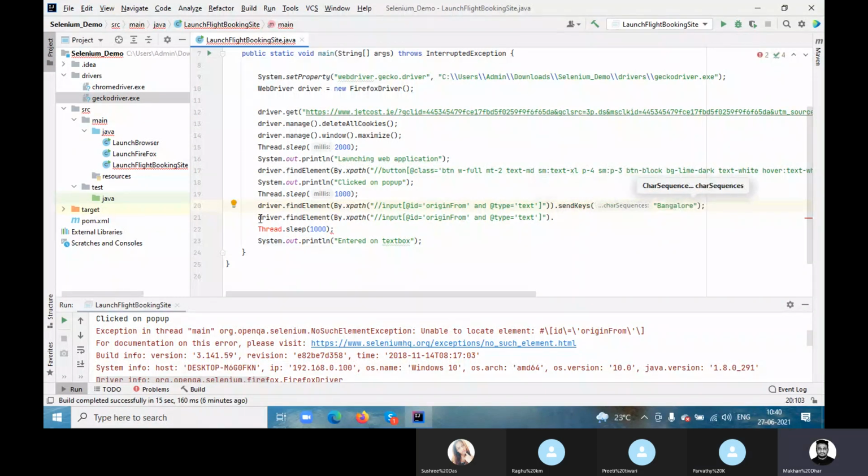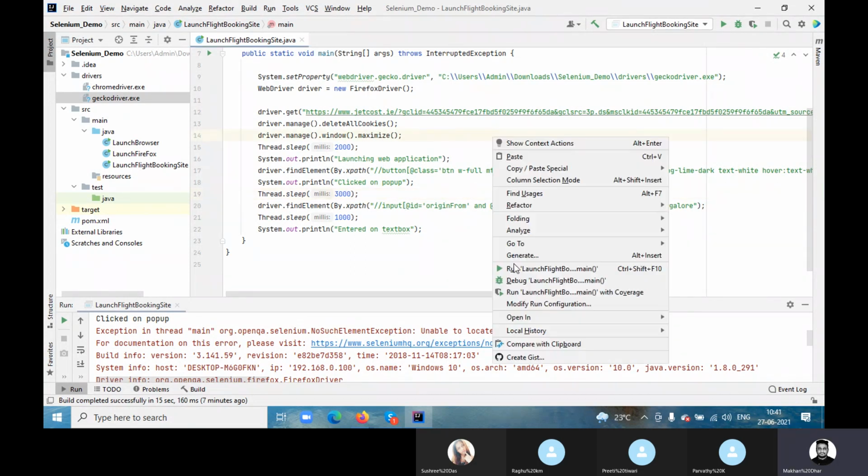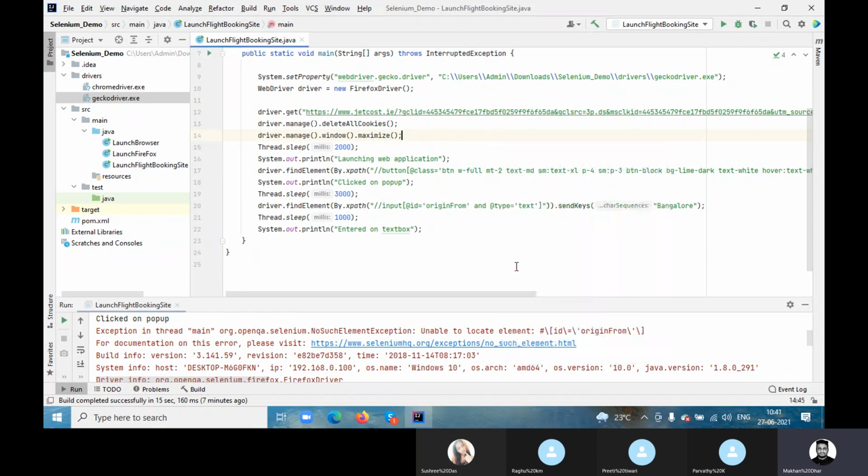Now just remove this part, and the thread is also fine. So I'm giving 2 seconds. Sometimes it doesn't work, like I gave 3 seconds, and let's see now what happens, because our locator is okay.